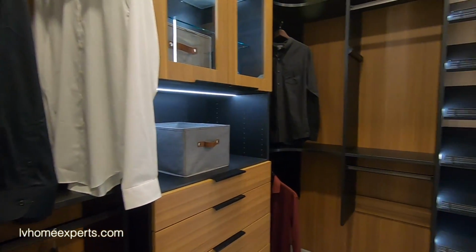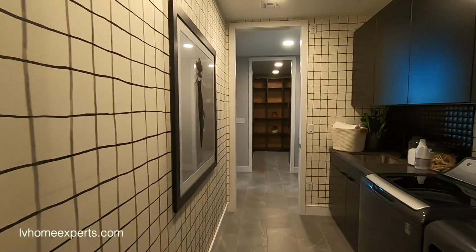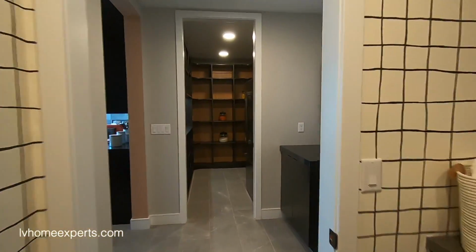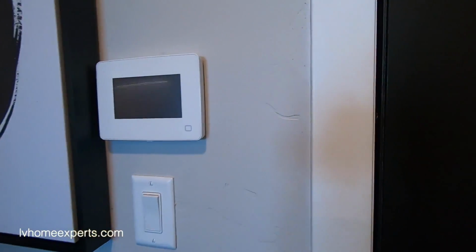So this is just the closet for the master, so we're not going to go here. You have that option for the door here, I believe. Counter space, and I believe that's it there. Now,